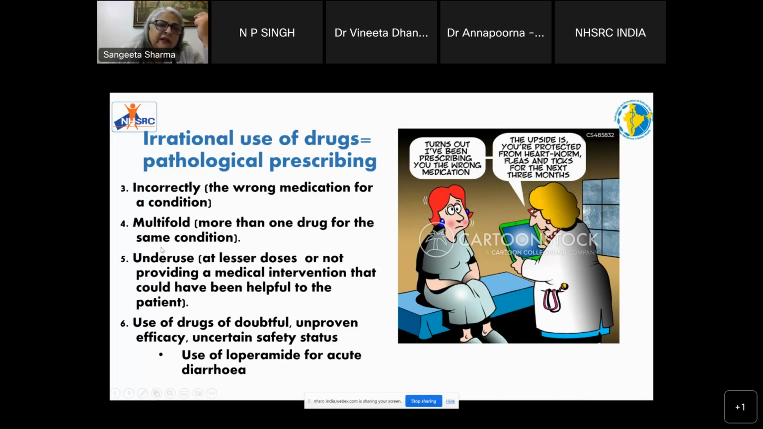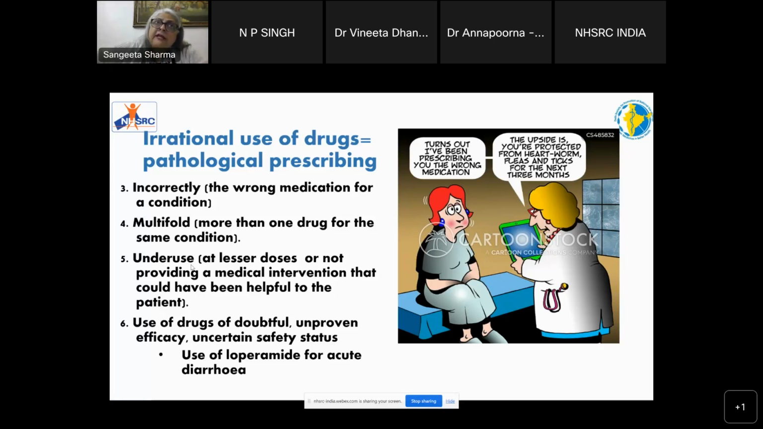And then on top of that, if we have wrong medication, multifold use, polypharmacy, and underuse is equally an irrational use. When you need to provide a treatment for asthma, epilepsy, we should treat that. Even diabetes, I would say, many of us have a belief, even patients do have that, they defer treatment for diabetes, thinking that if I start taking this now, I will have to take it lifelong,